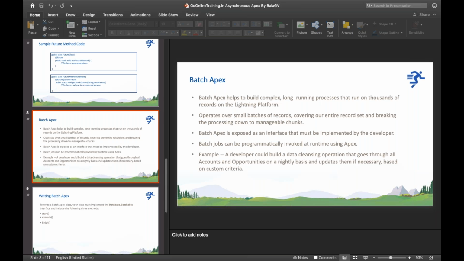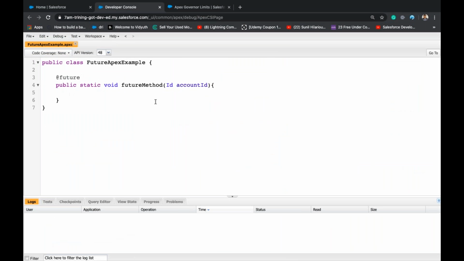So definitely I'll search later, because I don't want to waste time writing the code. Okay, so we get the account ID. Okay, let us write.